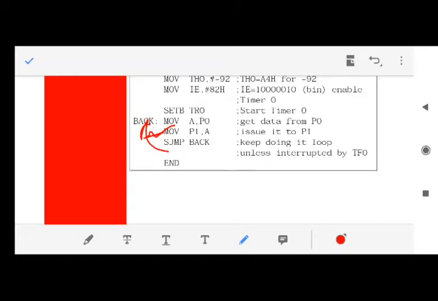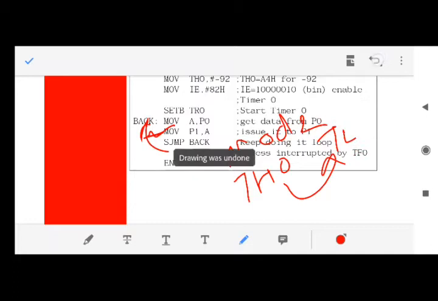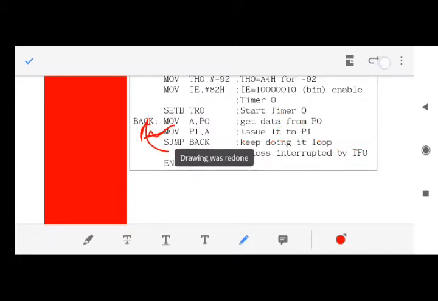Meanwhile, the timer is still on, because it is mode 2. In mode 2, whenever the timer has finished counting, the value in the TH0 register will be loaded into TL0, and the value in TL0 will again be counted. This keeps on happening, and a square wave is generated from the pin P2.1. So this is what the program is doing.